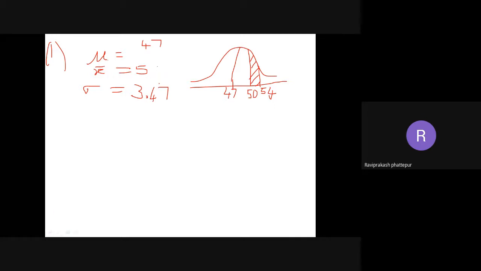Instead of 54, this mu will be 47 always. X bar will be 50. So calculate that first. So that means I am getting this particular value. Okay. Next, the second one. Take